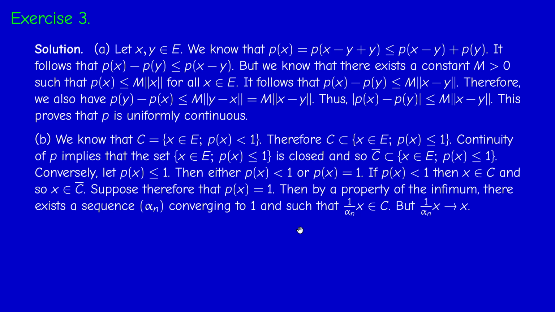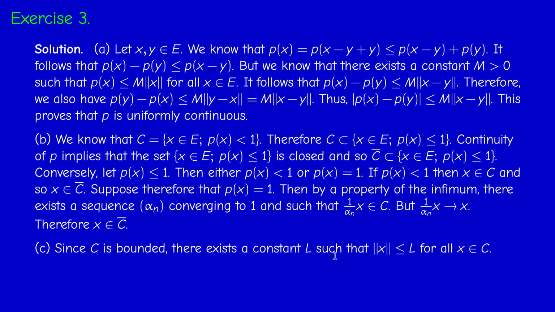But alpha n converges to 1, to the infimum. So 1 over alpha n x converges to x in the space E by continuity of the fundamental operations. So therefore, the limit of a sequence in a set always belongs to the closure of the set, as we know. So the limit belongs to the closure of C. And that's it. We took an arbitrary point in this set and proved that it's in C bar. So this establishes